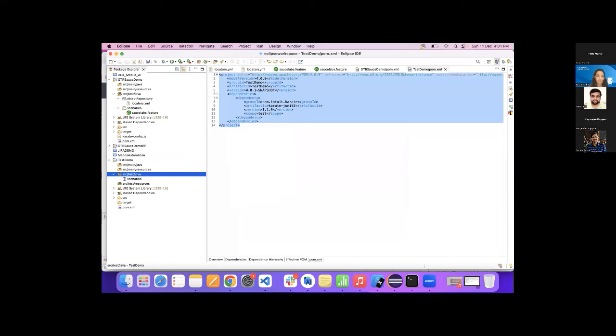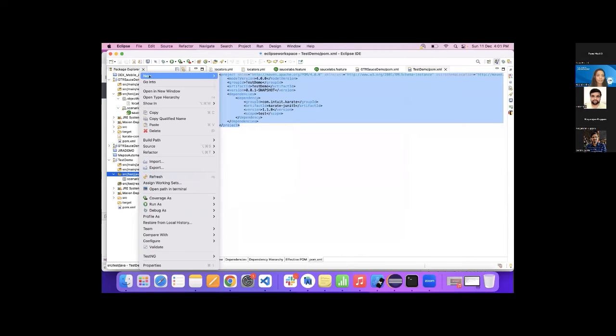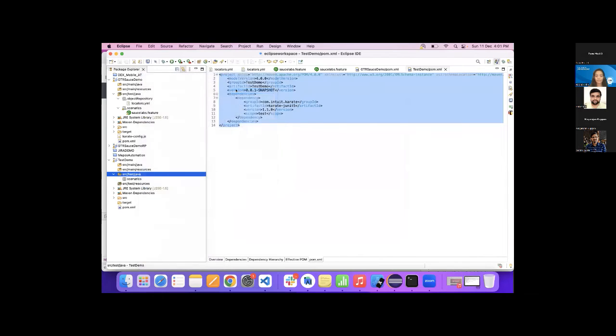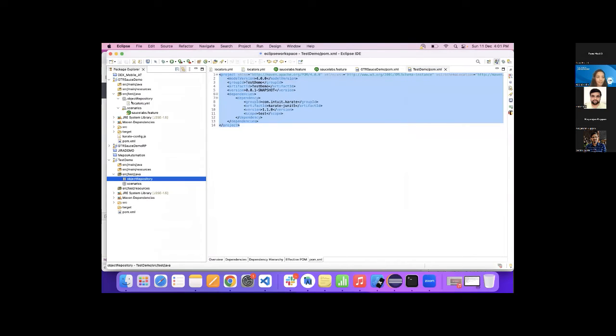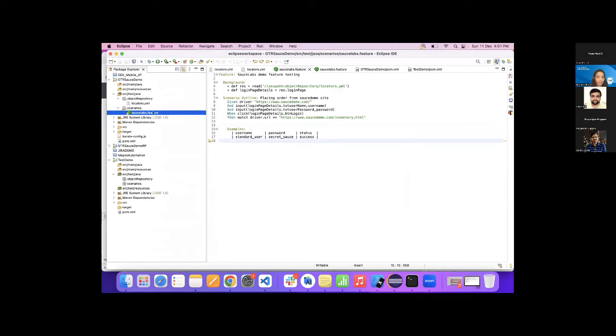And let's create the object repository as well. And I'll quickly copy my files.